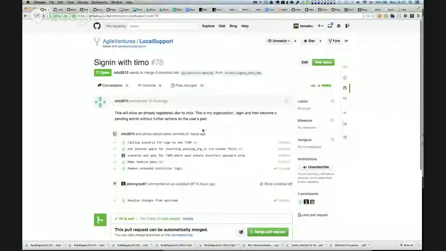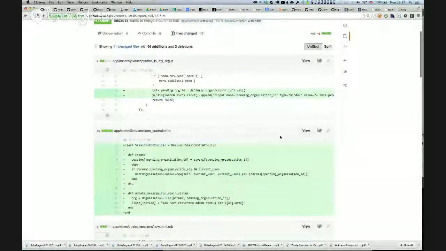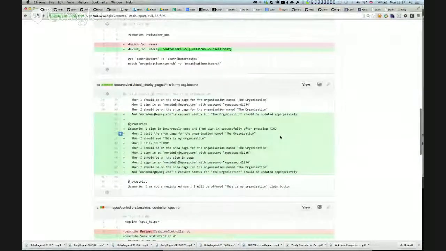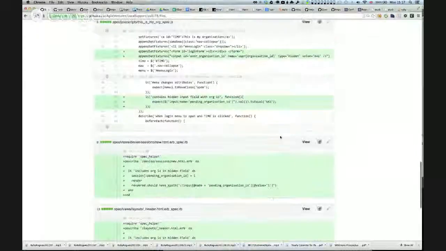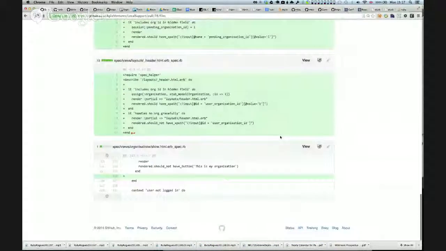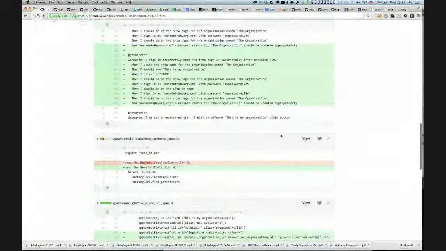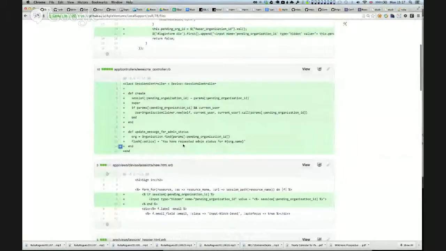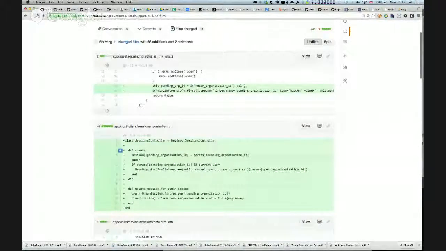But then I looked around and I saw that you had located some additional email functionality. If you look at the line in the sessions controller, it's line 7, I think.